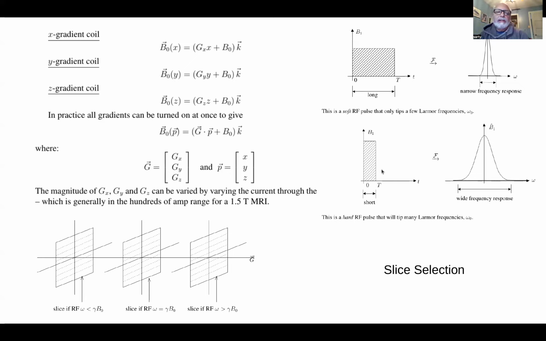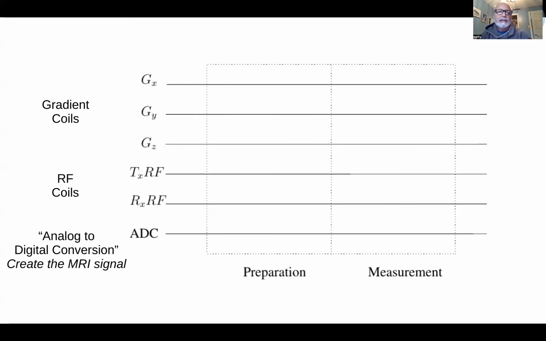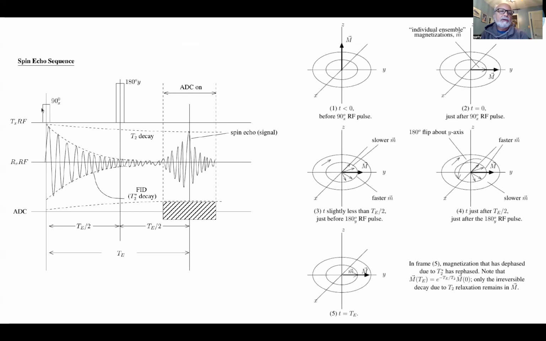The other factor that we need to keep in mind is the kind of pulse that you present. So the tip angle is going to be the area under the pulse curve. So that's why in the previous sequences, if we go back and take a look here, the 90-degree pulse, they're the same width,